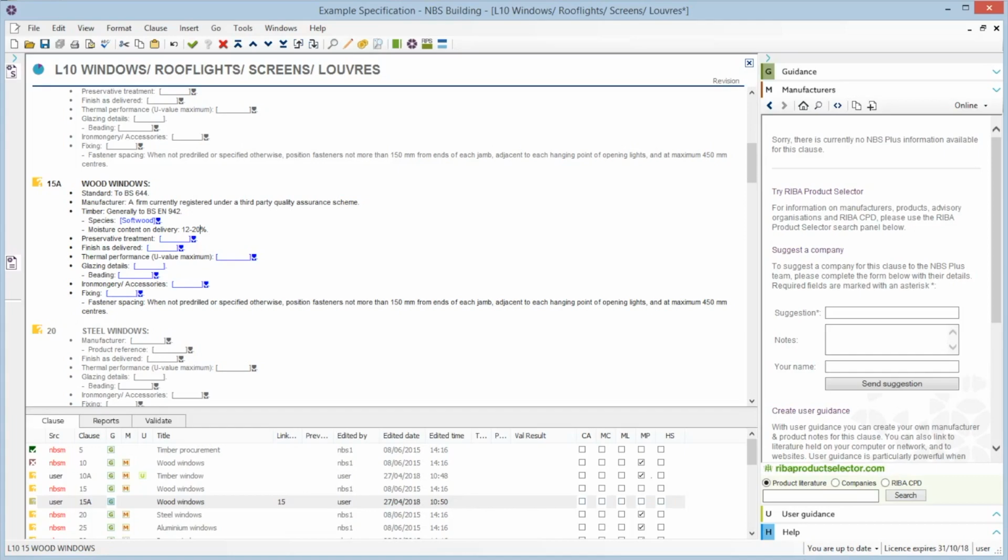You can also use this copy clause option if you have a number of different variants of products in your specification. So for example, 4 different types of wood windows appearing in the same project. As I edit, exclude and include clauses within the section,